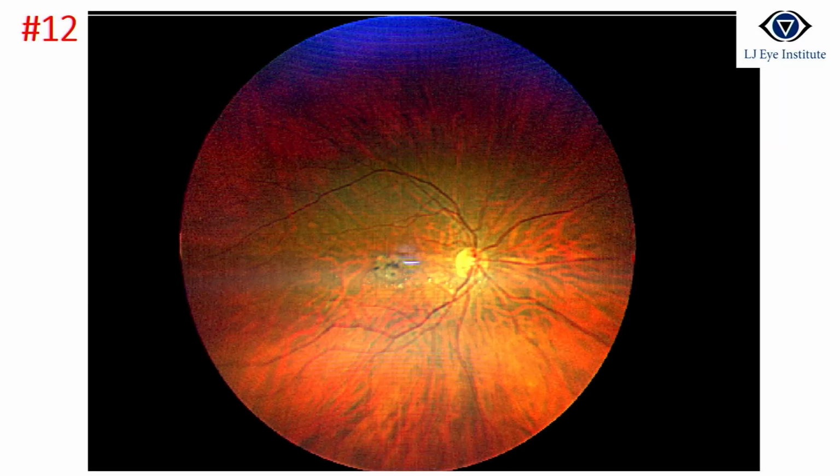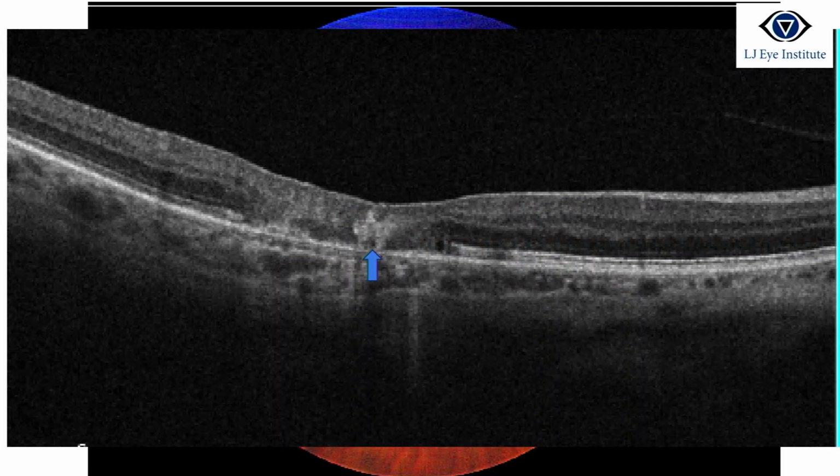Now this is a patient diagnosed as macular scar. It is, but there are some findings which can give a clue that this could be MacTel. Juxtafoveal appearance, then you can see the inward turning of the inner retinal layers, and ellipsoid zone loss. So these are some features which suggest that it can be MacTel.